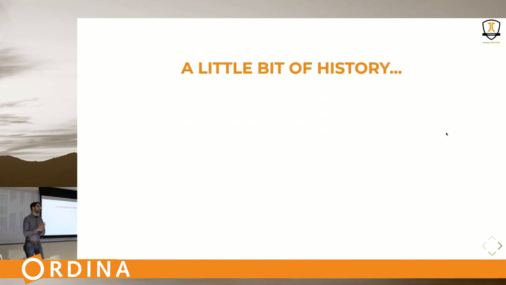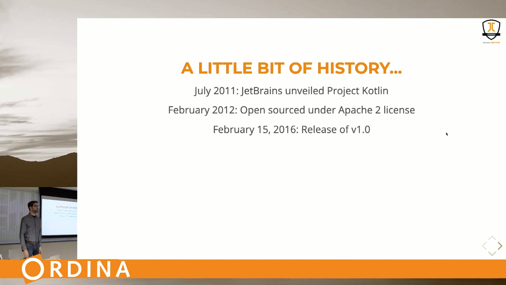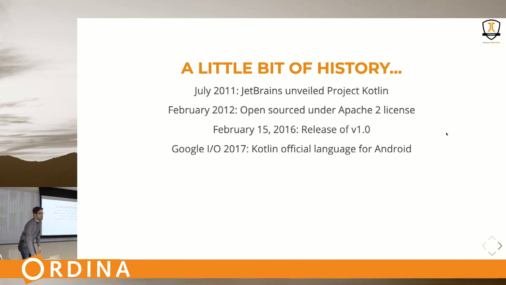Okay, then let's go through a bit of history. It's a bit dull, I know, but it should be clear that it's a fairly new language. It started somewhere in 2010 by those people in St. Petersburg who were staring out their window. Then on February 15, 2016, V1 was released. Then at Google I/O, it was also adopted as an official language for Android. So that was a big boost